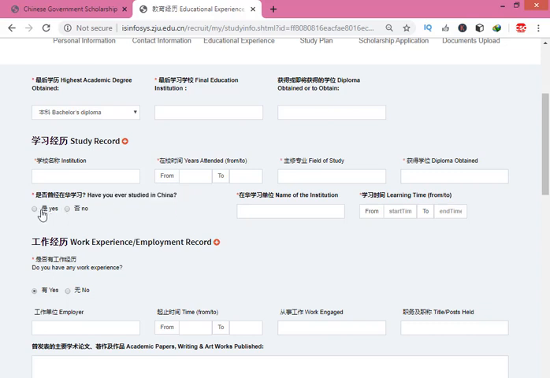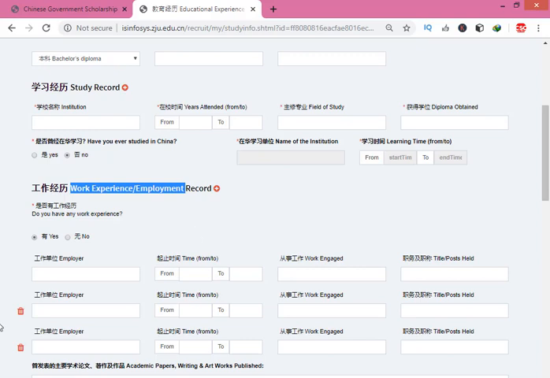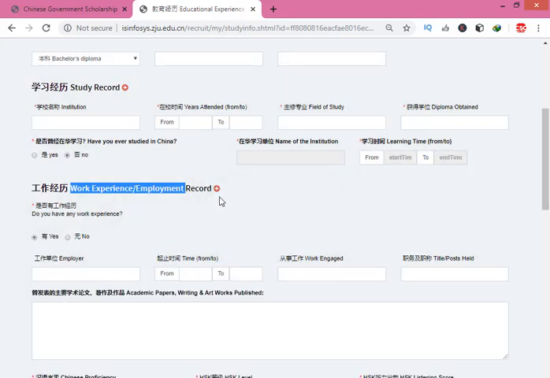If you have studied in China, then yes, and type the name of the institution in which you studied, and the duration of your study. Okay, if you have not studied in China before, then click on no. Experience record: if you want to add your experience, then click on the plus button. If you have only one experience certificate, then click